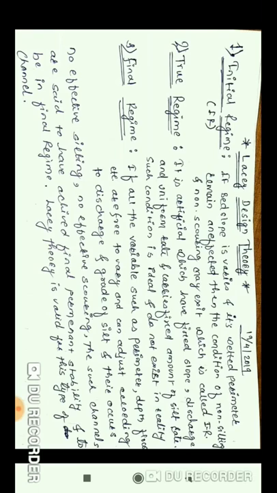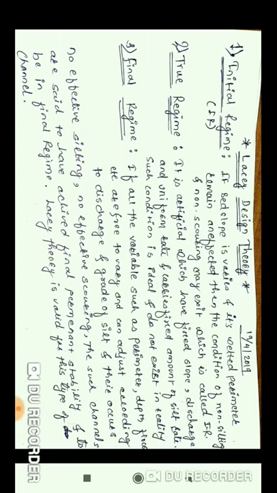As I have mentioned, if the bed slope varies and the wetted perimeter remains unaffected, then the condition of non-silting and non-scouring may exist, which is called the initial regime condition. Lacey defined this condition, but his theory is not applicable for such a condition. Then he defined a true regime condition. What does the true regime condition mean?